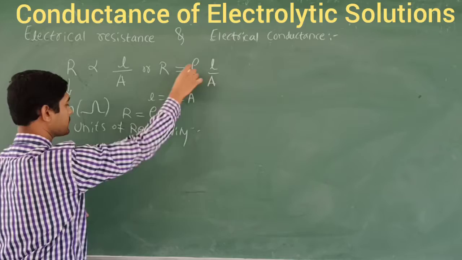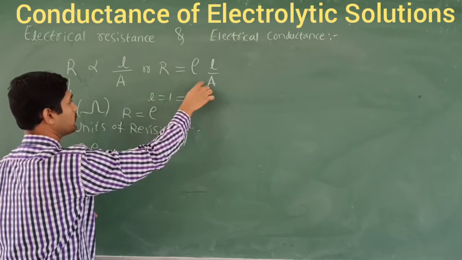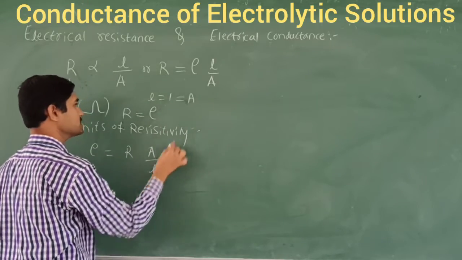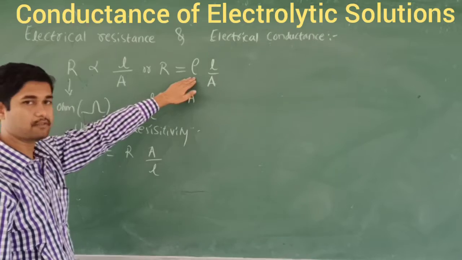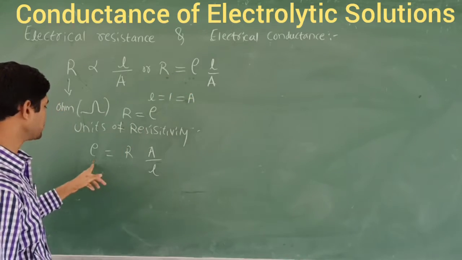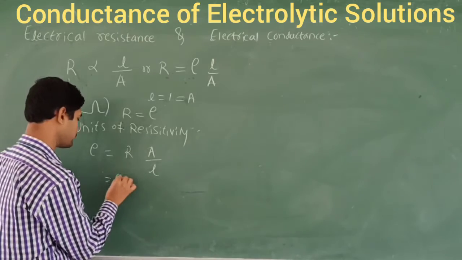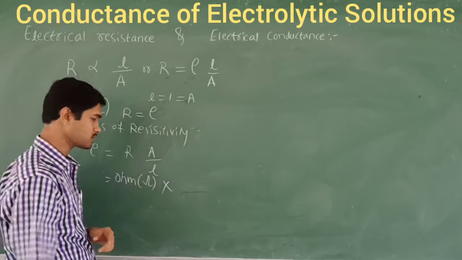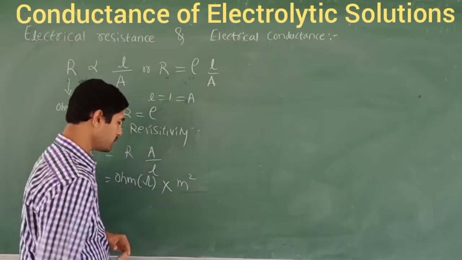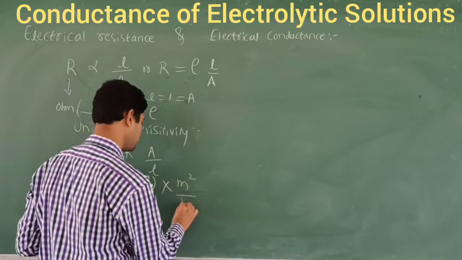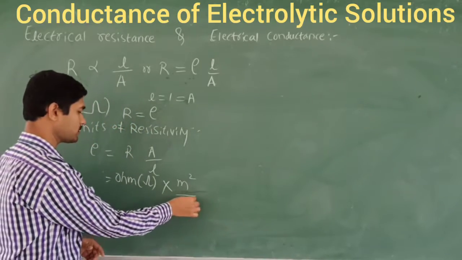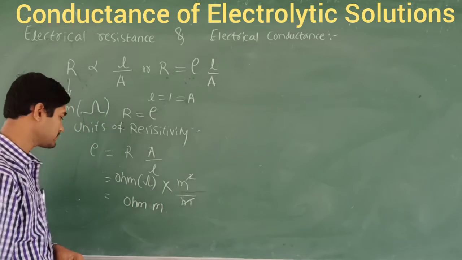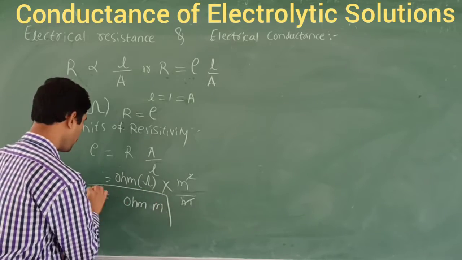So now I am going to take rho as it is here. Rho is equal to, I am going to multiply R into A, so R into A divided by L. That is vice versa here. So in order to find this resistivity unit, R into A divided by L, right? R is in terms of the ohm. You should write it like this, ohm. A is the area of cross section, measured in meter square, and L is the length, measured in meters, right? So meter square by meter cancels, remaining is ohm meter.